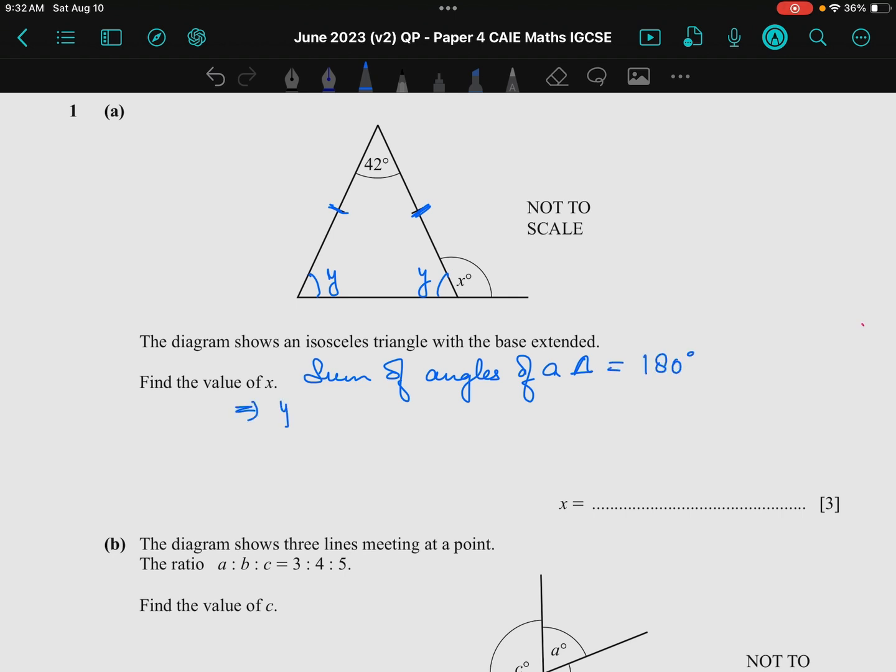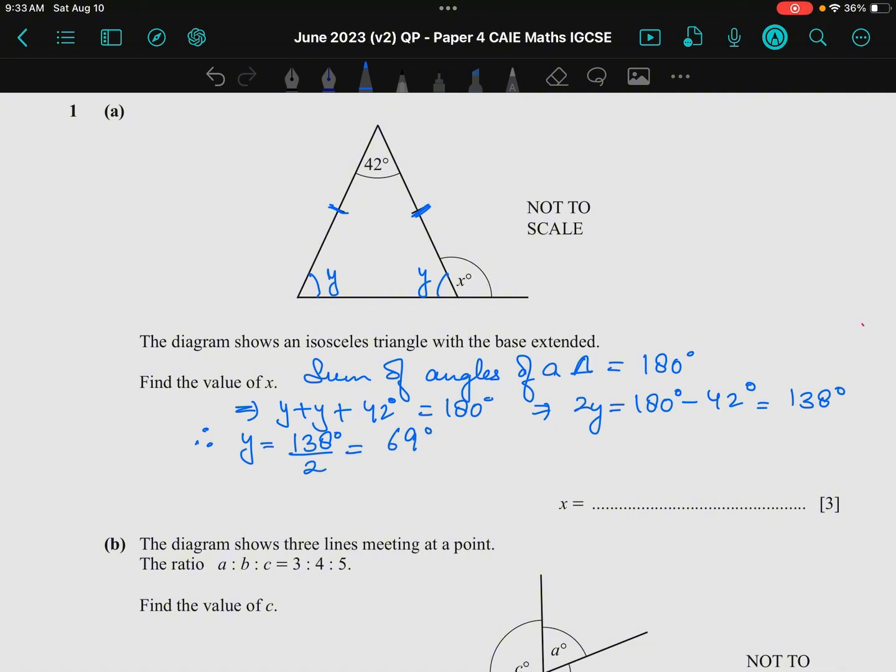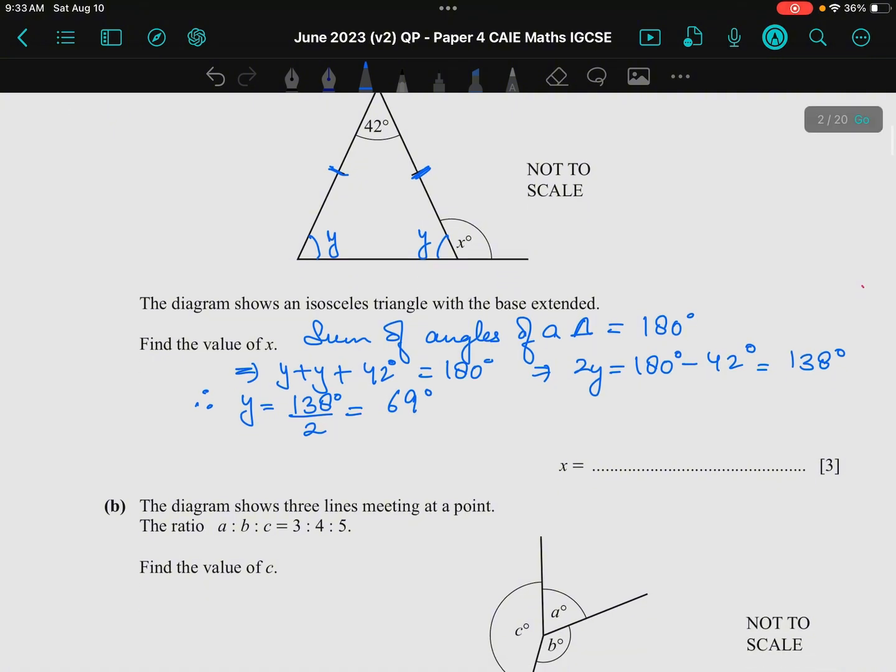It implies y plus y plus 42 degrees equals 180 degrees. It implies 2y equals 180 minus 42 degrees, which will give me 138 degrees. Therefore, y is equal to 138 divided by 2, giving answer as 69 degrees. Therefore, we have to find the value of x. So,